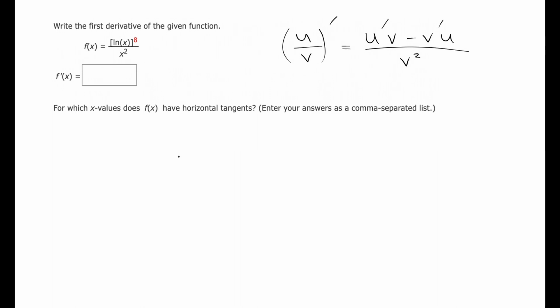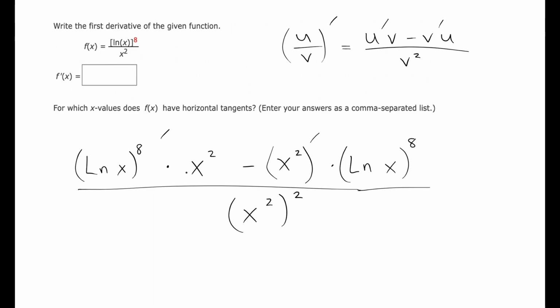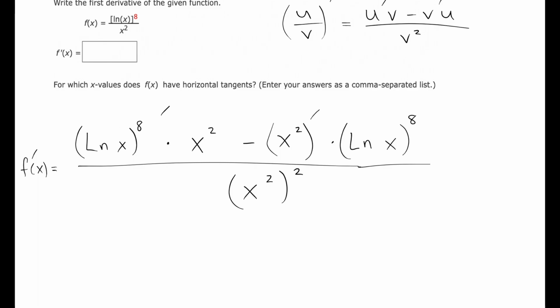quotient rule. So we'll do the derivative of the top function times the original of the bottom function. Then we'll take the derivative of the bottom function times the original top function, and then divide by the bottom function squared. Now for this is going to be a chain rule itself, where if it was just